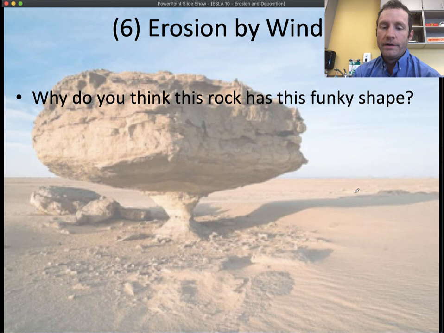So why do you think this rock has a funky shape? Well, it's because if you ever noticed, if you're at the beach and you're laying down on the beach sometimes and it's windy, the sand will be blowing all over your face and you can't see anything. It's kind of annoying. But if you just sit up or stand up and get enough above the surface, there will be no more sand except for down at your feet, because the sand doesn't get carried high into the air usually. And so you can imagine that if you have prevailing winds that are carrying sand a lot by deflation, picking up the carrying of sand, or saltation, causing the sand just to jump in little jumps,